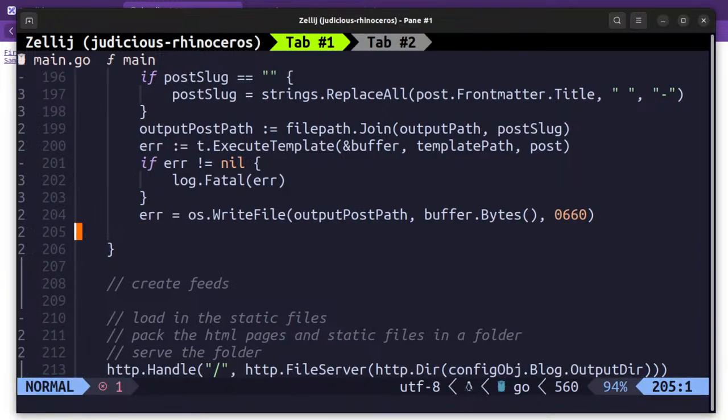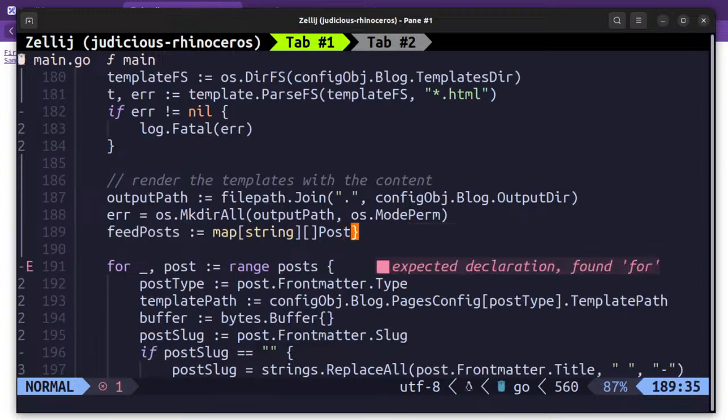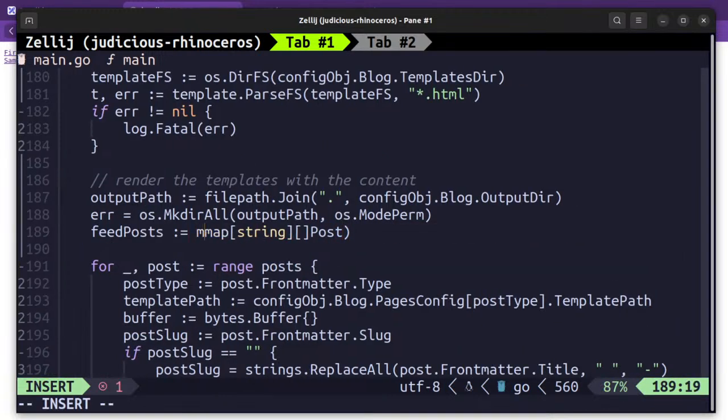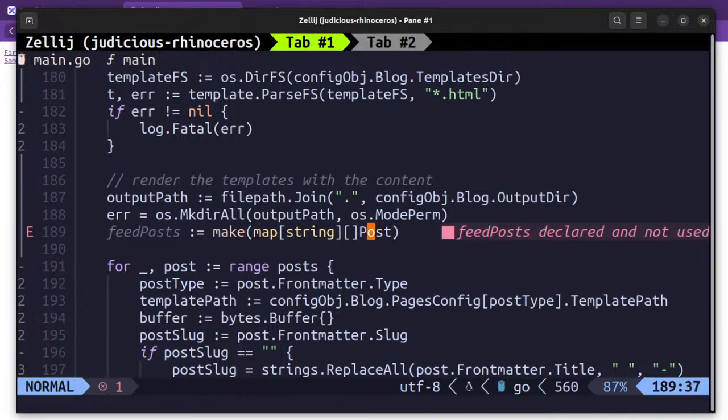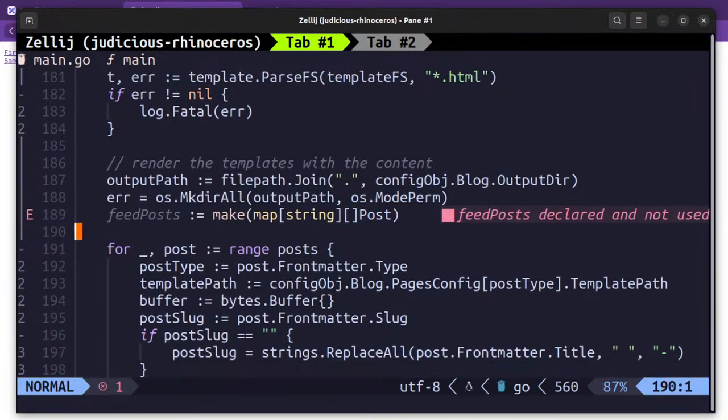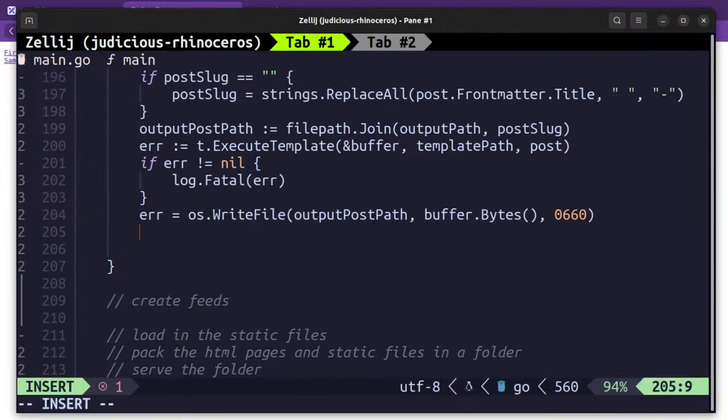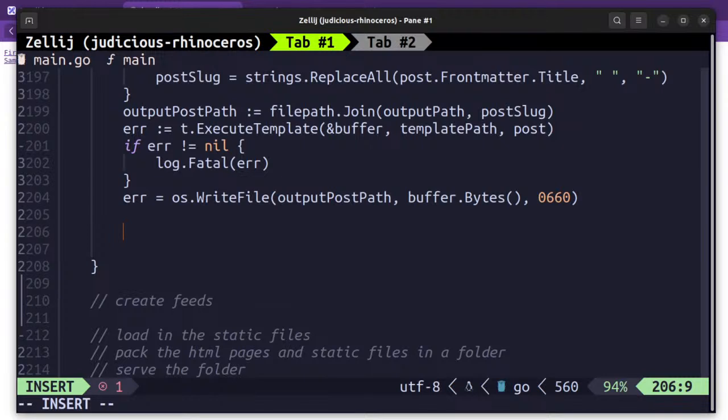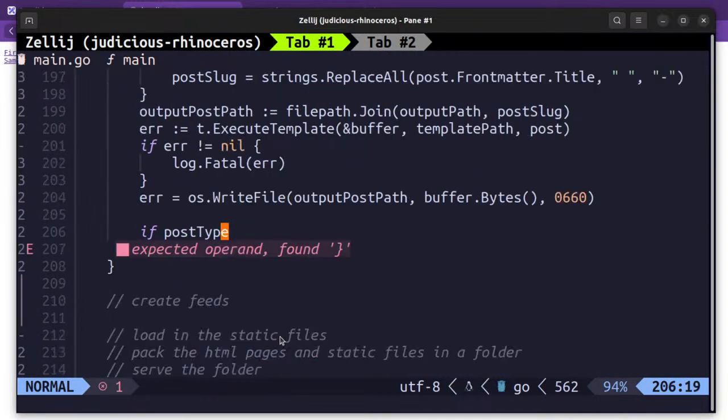So there is one issue with doing this way. We need to have a make here because list could be a null pointer as well. So we might end up doing some nil pointer issues. So to avoid that, we'll just create it with make. It will add a default list as empty. So once we have that, then we need to check for the post type. So if post type, yeah, so post type,